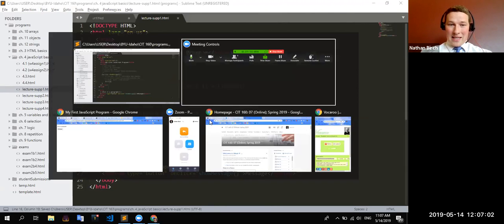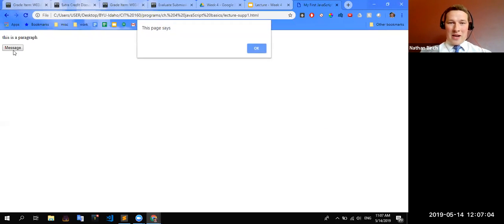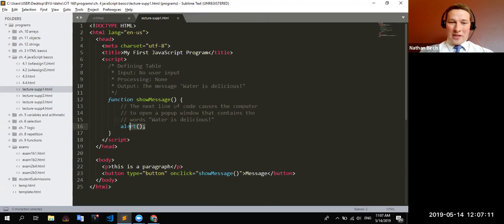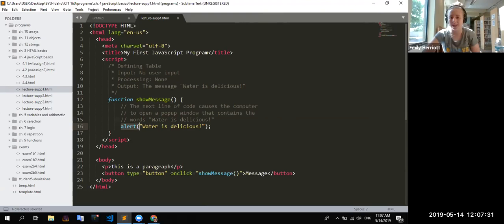Okay, and so if I saved it like this, and I refresh the page and I run it, it just says this page says nothing because I didn't put anything in the parentheses of that function. This function alert is waiting for a parameter with some type of text or something to actually display to the user. If I don't put any text in there, then it won't show anything. It'll just be an empty pop-up. But yeah, so these are both functions. The show message one that we wrote right here, and this alert function, which is built into JavaScript. Okay, thank you.